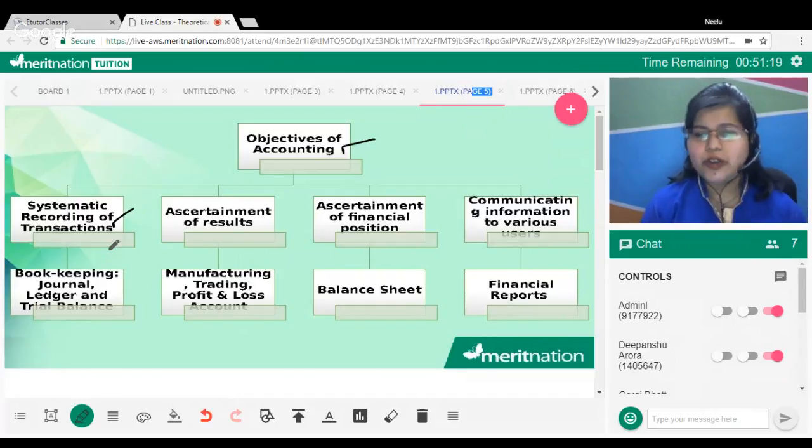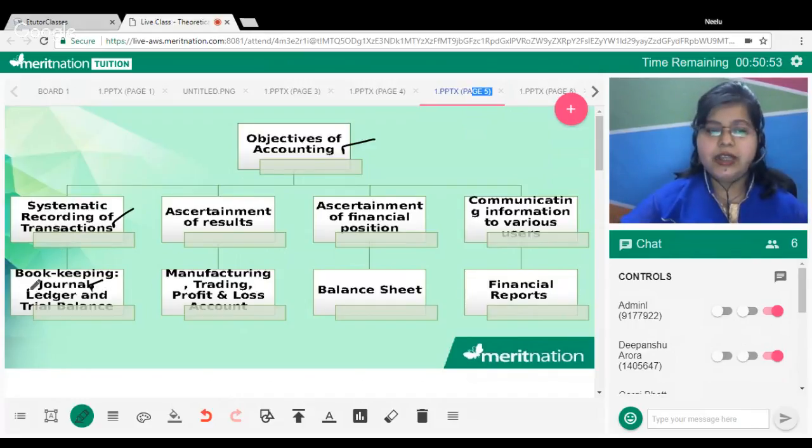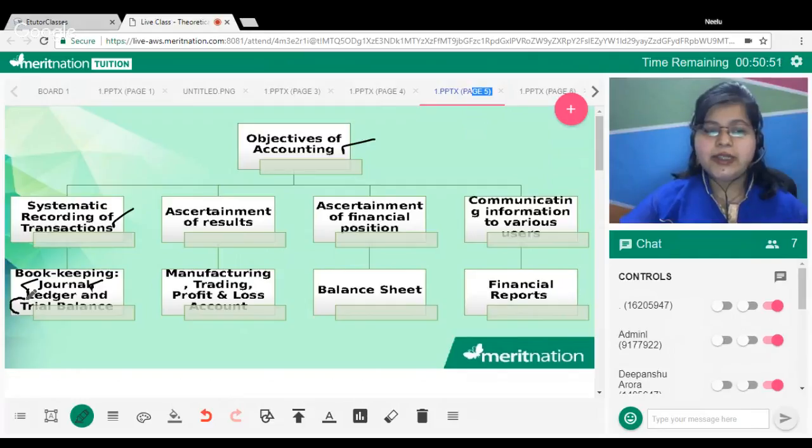So for you, the transactions were not much. You don't spend a lot of money. You don't have a lot of dealings, but still you can't remember 4 years back. So how can we expect a business that's doing 200 transactions in a day to remember what exact amount of money they paid to a certain supplier, let's say 2 years down the line, right? Now, systematic recording of transactions is done in the journal, ledger, and their arithmetical accuracy is dealt with in the